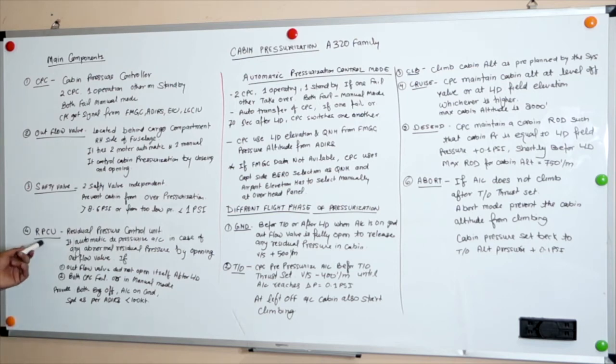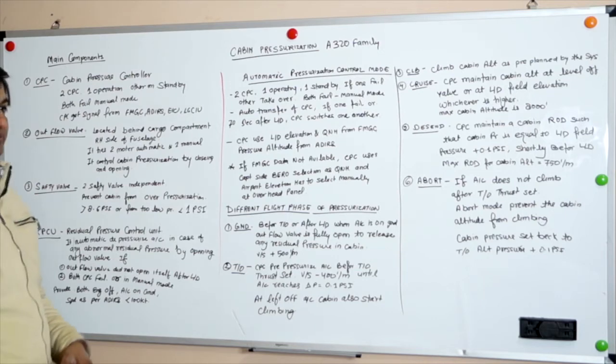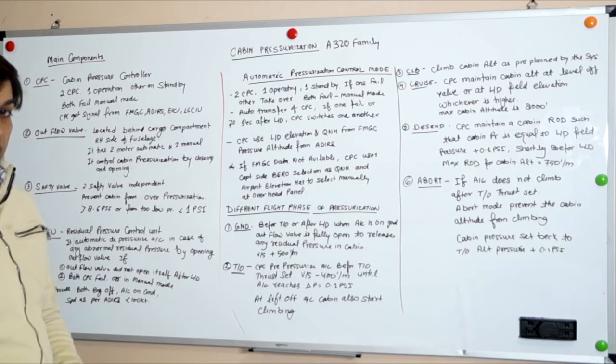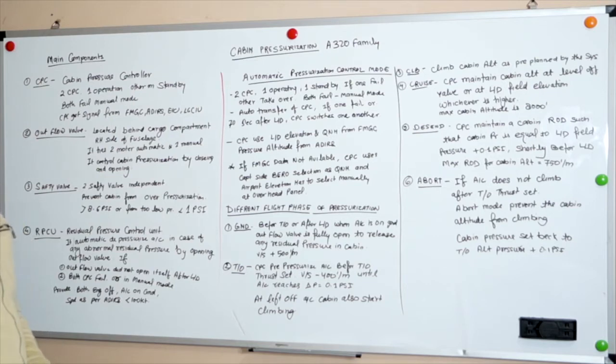Okay, and the RPCU, residual pressure control valve. Its function, as you can understand by the name, is residual pressure, the pressure which is still there even after landing and is not released yet. So if there is any additional pressure available in the cabin, then the cabin door will not open, or if it does open, it will open drastically like a blast, and it can throw out whoever is sitting or standing close to that cabin door. So residual pressure release, or depressurization of the aircraft, is very necessary.